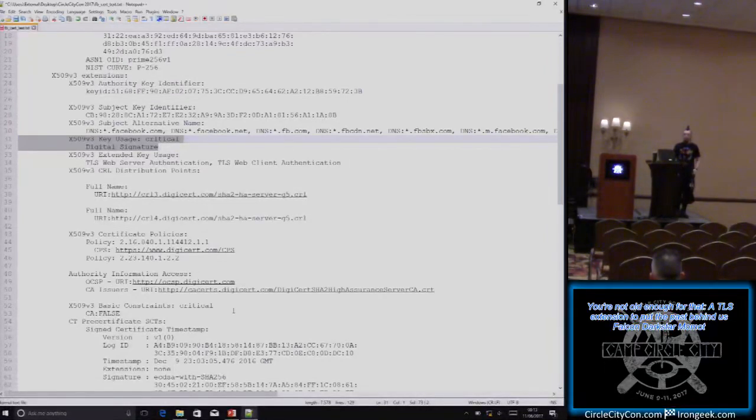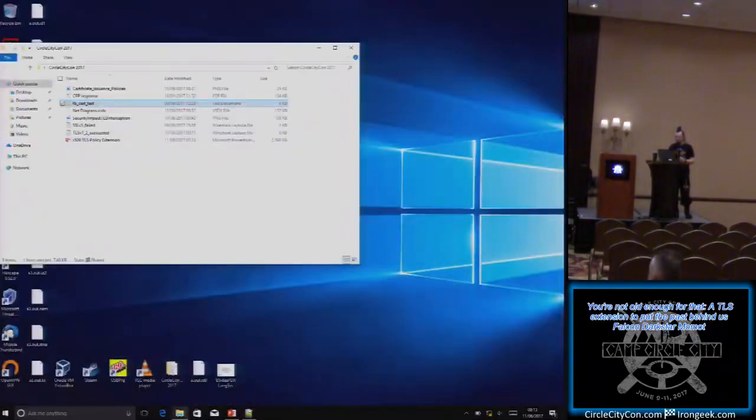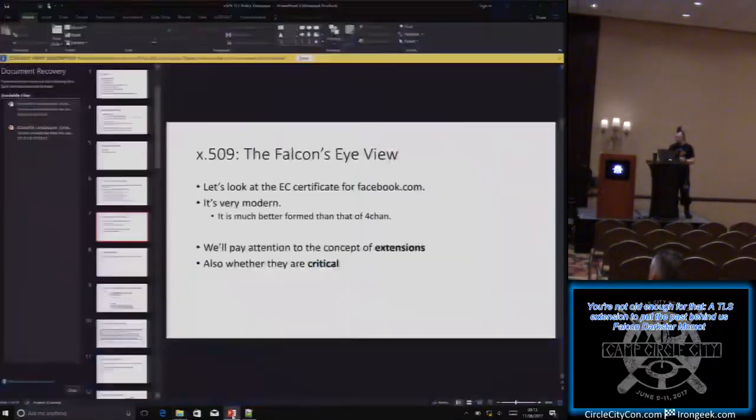It is a way to kill assertions that would be confused for other things by a client that is not aware of the extension. And so in consequence, we don't mark things critical if we want them to be backwards compatible. And that is largely all that I wanted to say about dissecting the certificate. We can move on. Now, does this still work?